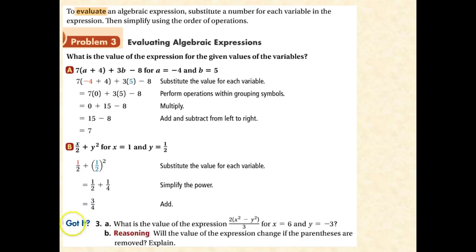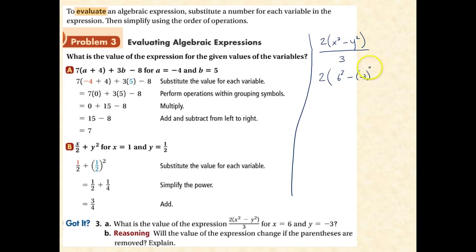Let's go ahead and pause the video and see if you can answer this question. Alright, I'm going to start writing up here. I got 2 times the difference of x squared and y squared, all divided by 3. And x equals 6 and y equals negative 3. Let's evaluate. So we got 2 times, x equals 6, so 6 squared minus y is negative 3, so negative 3 squared,